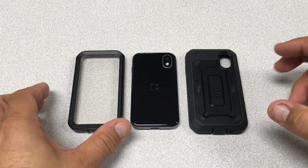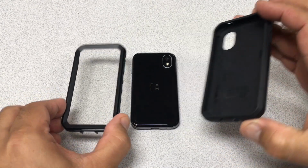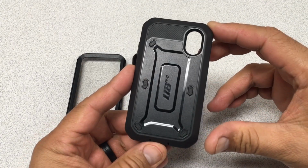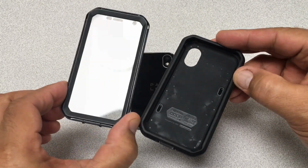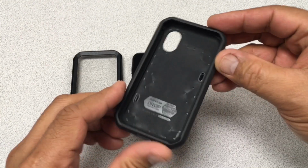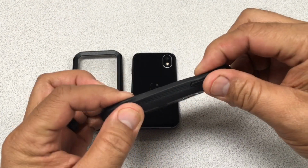So first off, let's get to the case here. It is a rugged style case. Oh, well, I'll show you this one here first because it's got more interesting things to see. So it's a two-piece case, as you can see. It's a little plastic cage with a built-in screen protector there. We'll get to that in a second. But this is the outside case. It's made of a rubber material,